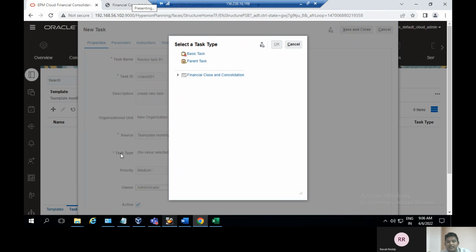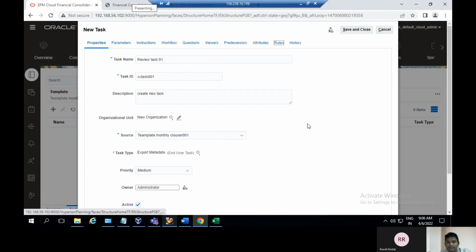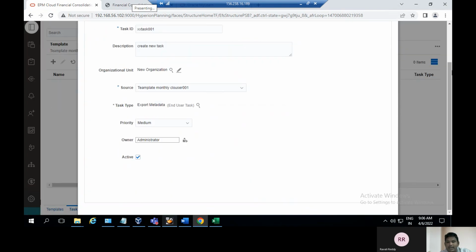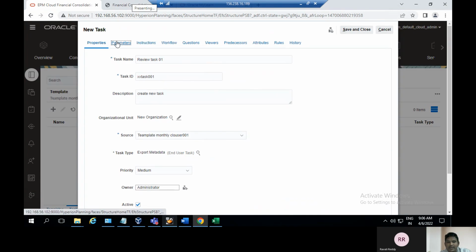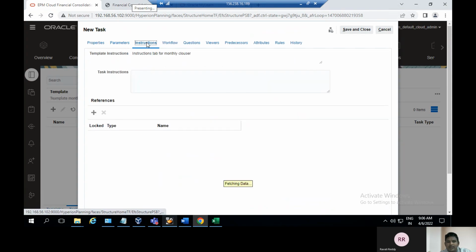You have to give these task types, give the admin, and here the three types: the task type, basic type, and parent type, and then financial consolidation post type. I will give the metadata, export the metadata, click on OK, click on OK, here to select it, and then activity, and then parameters appear, here no parameters are to define the task. Then I will give the template instruction, the instruction tab for the monthly closer,